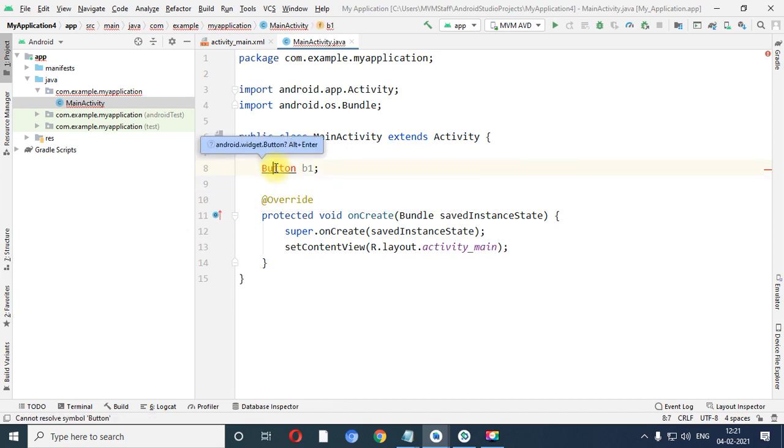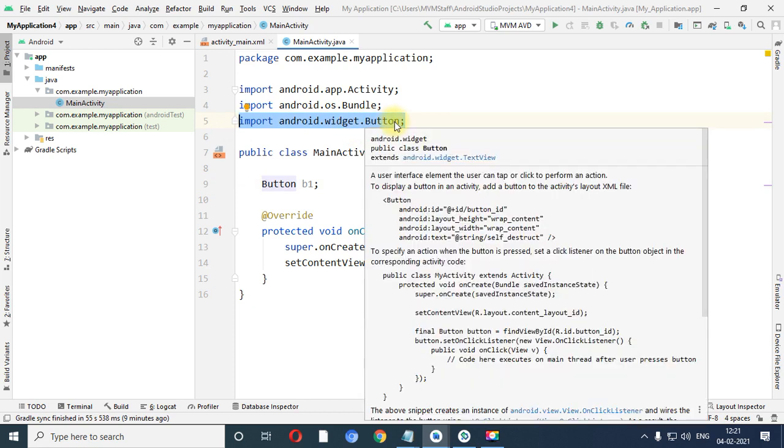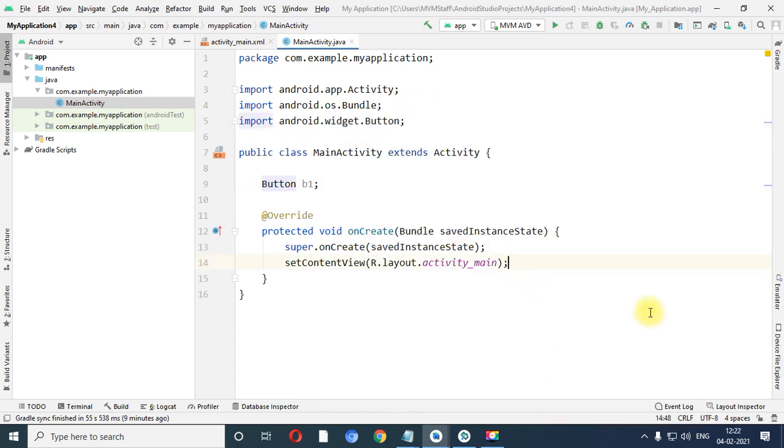Similarly, over here we have created the object of the Button class, so you need to import the package related with the Button class. For that, press Alt Enter once again. You will see it automatically imports the package android.widget.Button.